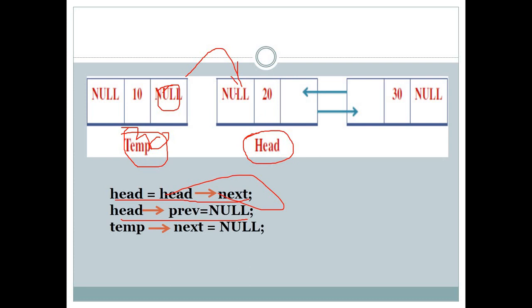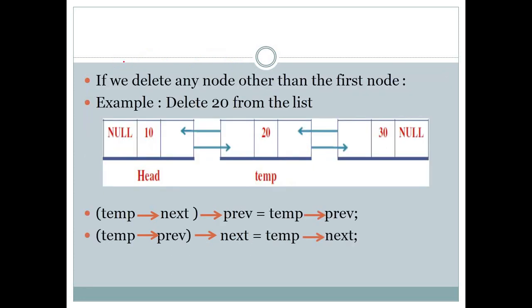Now this head's previous we will declare null, and temp next is equal to null. This is the temp and we will declare this as null. So now we will have only two nodes in our list, this and this. This will not be part of this linked list. Okay, now if we delete any node other than the first node, suppose we delete this node, then